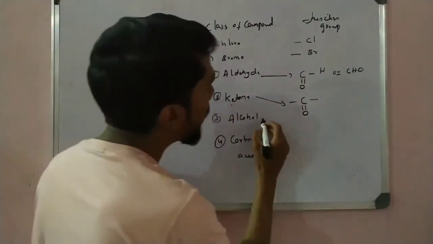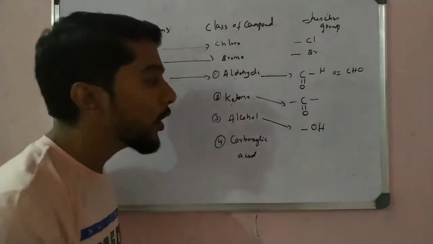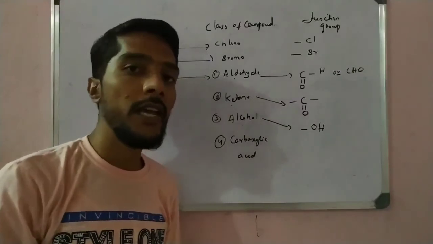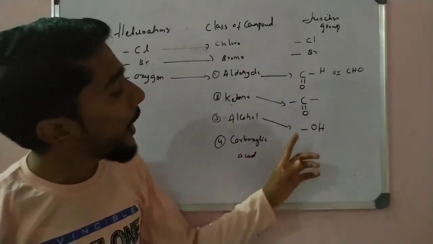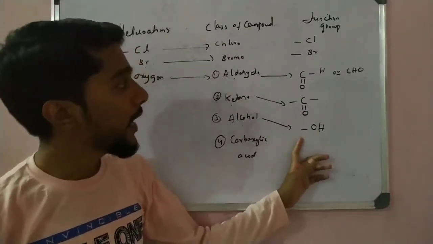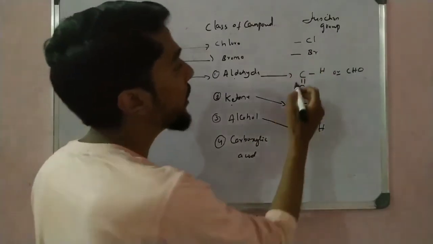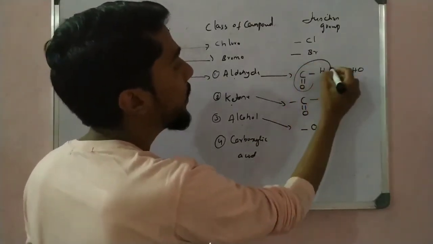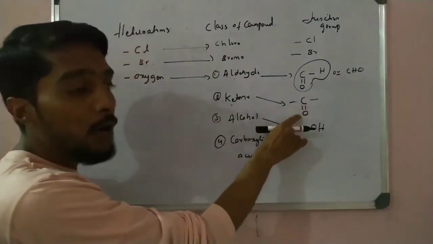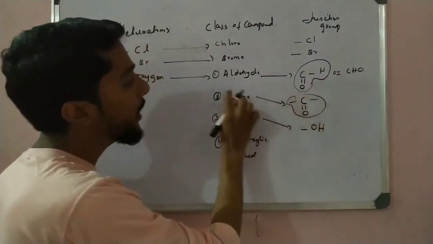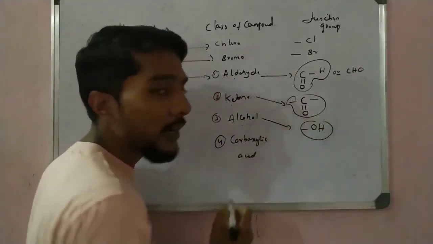For alcohol, it is simple: single bond OH. In the compound, if you observe OH attached with carbon, later when naming we will understand easily. Again I repeat, when C is attached with this type of CH, CHO, then we call it an aldehyde. If this C is attached with a double bond O, we call it a ketone.